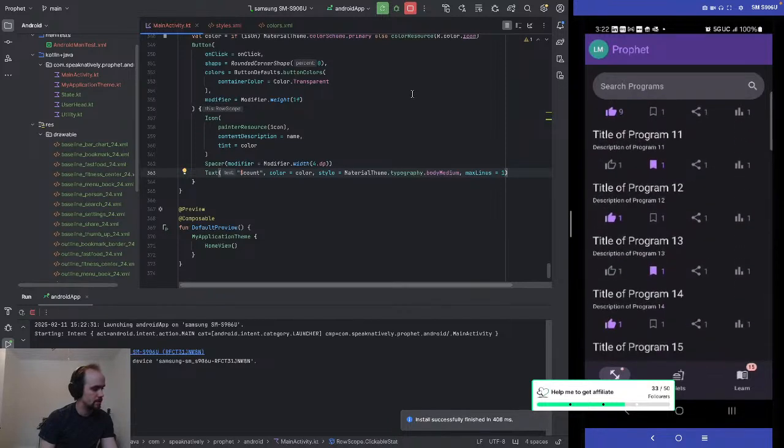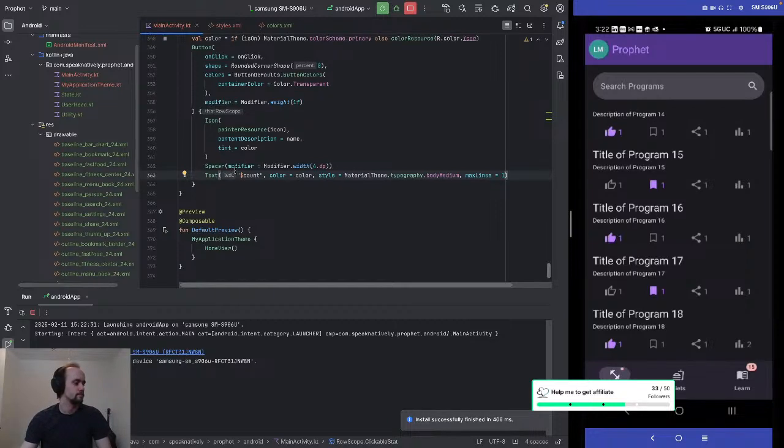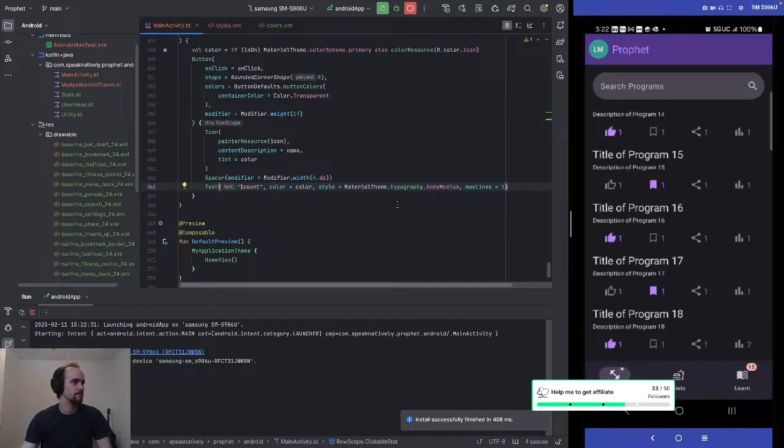Okay, but it's getting clipped. Maybe they just need to be smaller? What about if I try removing